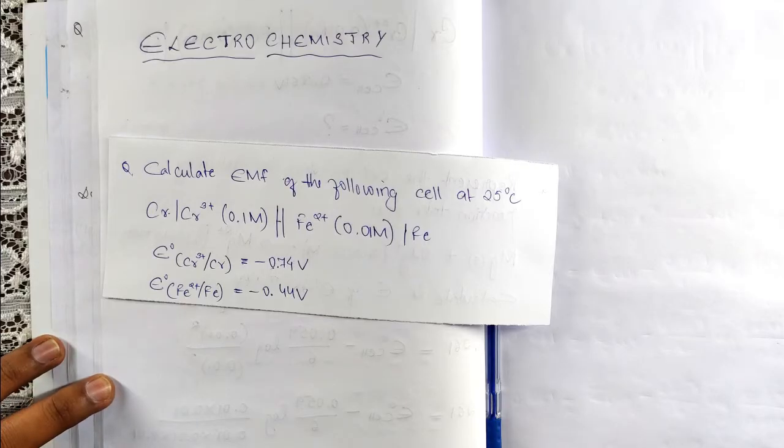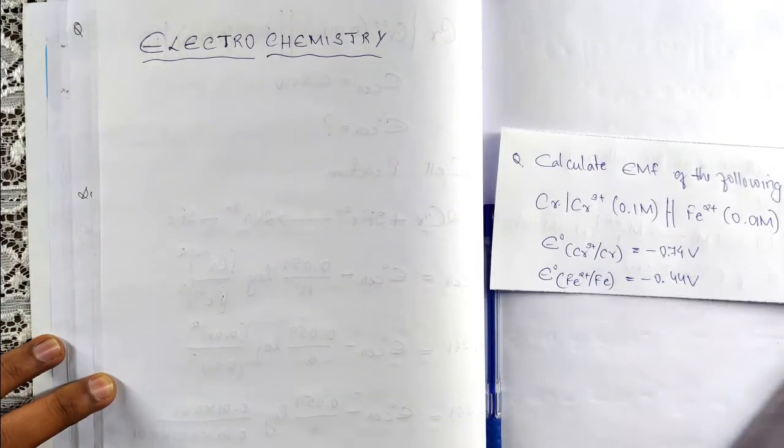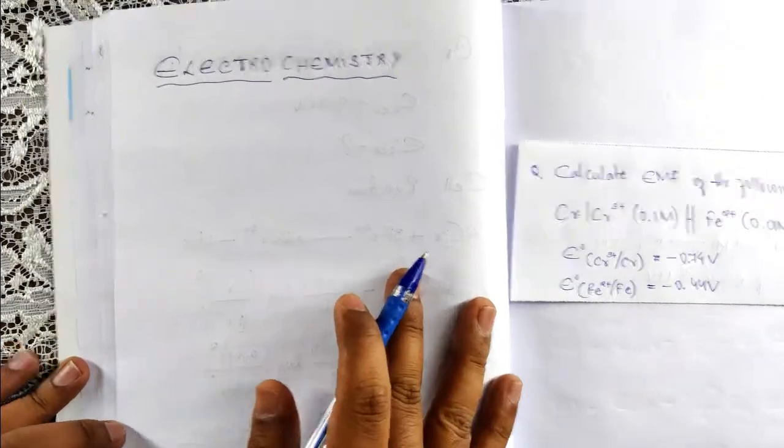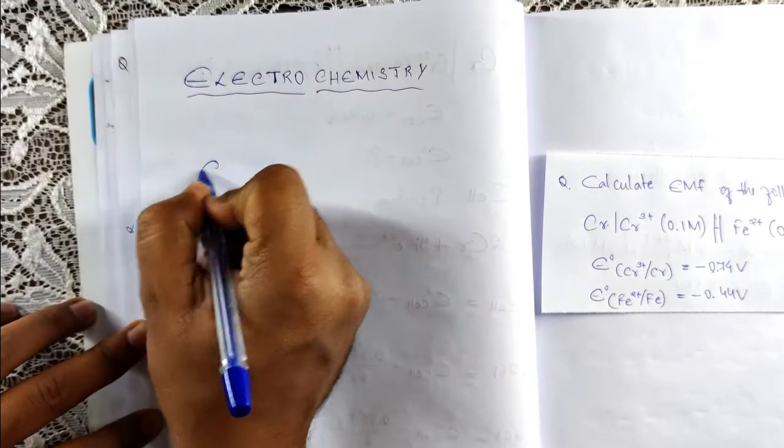Hello everyone. Today our topic is electrochemistry. Today we shall learn how to find the EMF of the cell or the standard electrode potential of a cell. So the first formula we have in order to find the EMF of a cell is